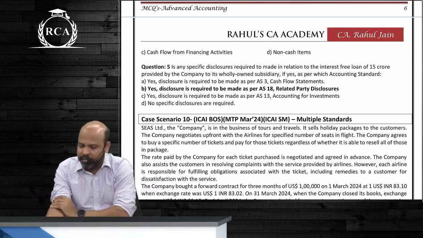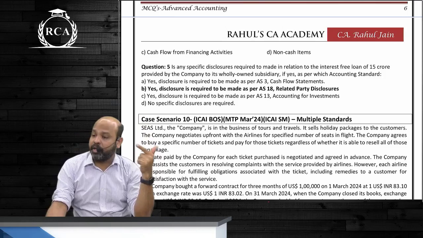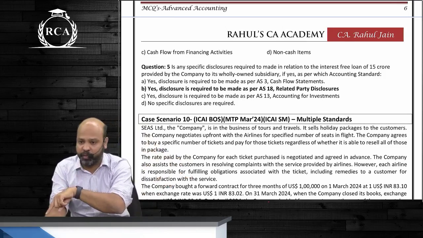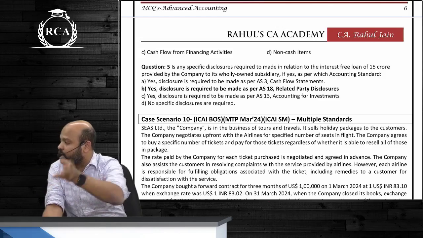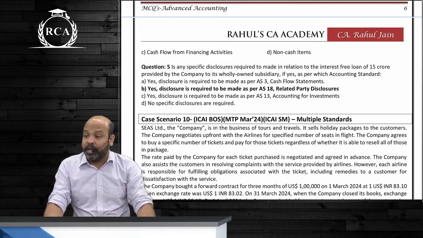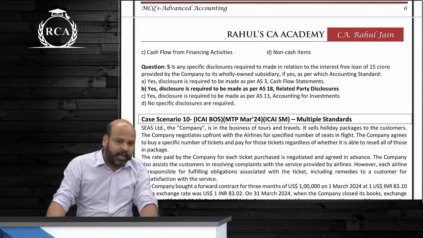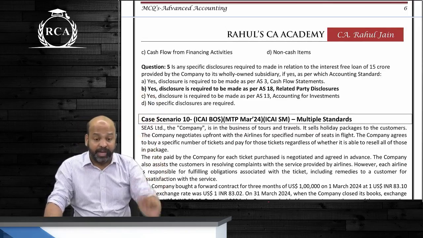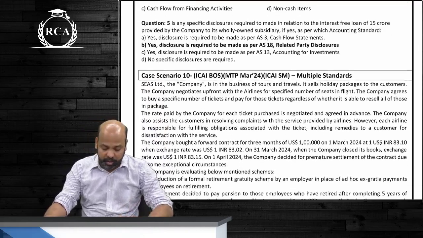Do you remember, guys? First point covers 5 related party relationships, beta. First is holding company, subsidiary and fellow subsidiaries. Second one, beta, investing party and associate, venturer and joint venture. Third part, individuals who directly or indirectly along with their relatives, guys, own voting power which gives them significant influence or control. Fourth point, KMP. Fifth point, any other entity over which individuals described in the above 2 points, C and D, are able to exercise significant influence or control. All of these, beta, will be covered under related party relationships.